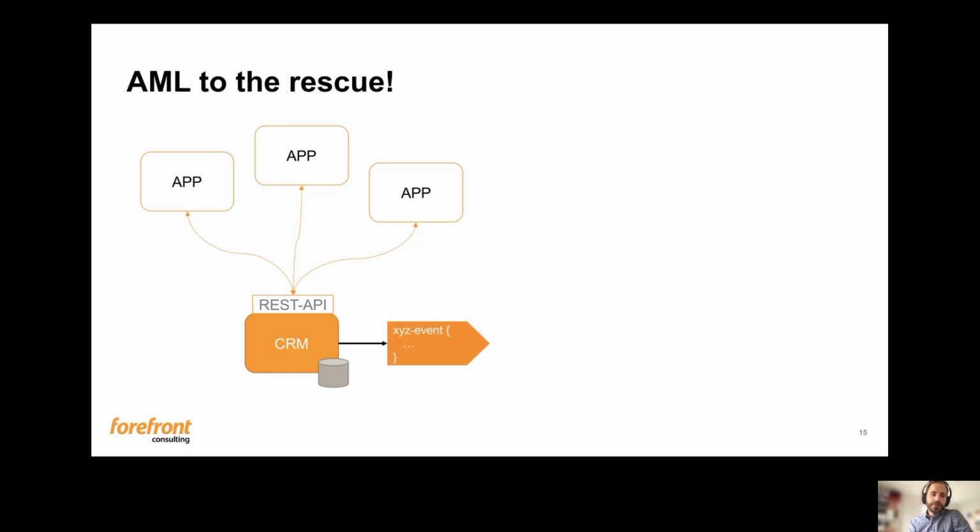And after a couple of years, AML came to the rescue. AML stands for anti-money laundering, and it's also one of these things that banks need to be concerned with. And AML definitely concerns customers, so this information was very relevant. And when we started working with this, we saw that we needed this data. So we built an app that subscribed to this event flow.